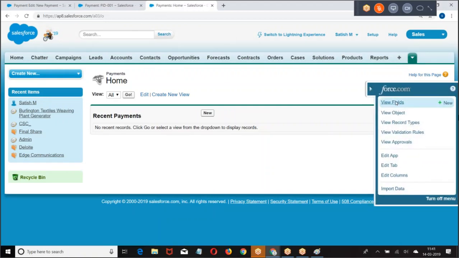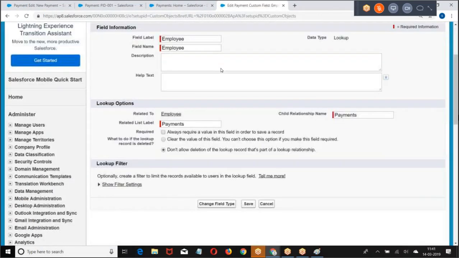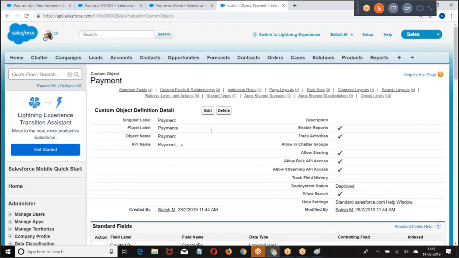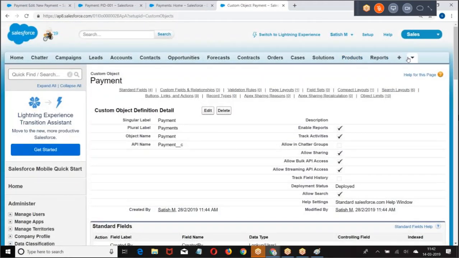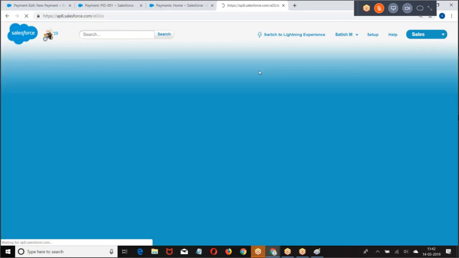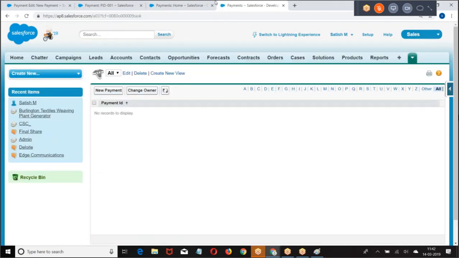Look at this. A roll-up summary field is created only when they are connected by master detail. Roll-up summary is created only when you create a master detail. Am I right or wrong? But what is my intention? I want to create a roll-up summary on two objects which are connected by lookup relation.